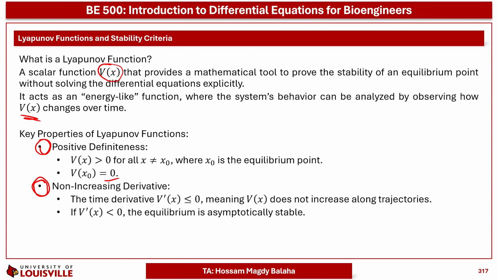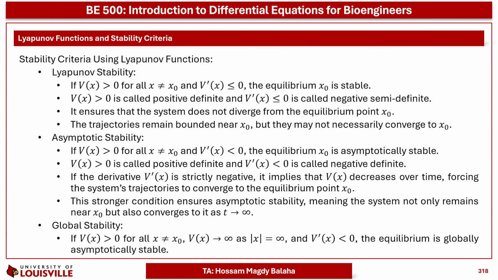A second is that the derivative of that function should be below or equal to 0, and here v of x will not increase along trajectories. And if v dot of x is below 0 but doesn't equal 0, then we can say this equilibrium point is asymptotically stable. Based on the properties and the assumption of our function, we can say we have a stability